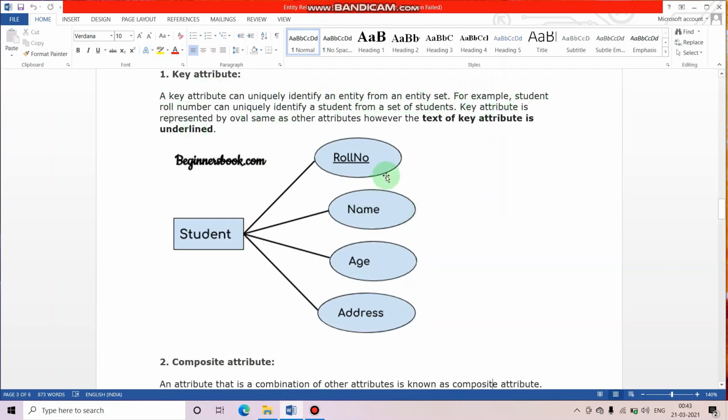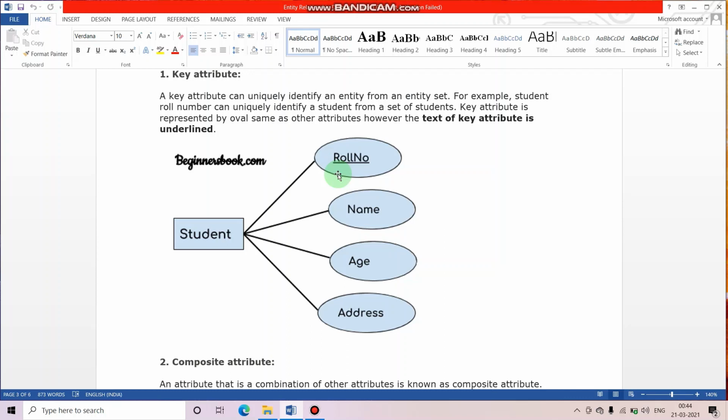For example, now see, roll number. Now for example, see, guys, now there are five students. I have already told you in the above example we have five students: student 1, 2, 3, 4, 5. Now the student 1 name is Nia, student 5 name is also Nia, student 1 age is also 15, student 5 age is also 15. Both addresses are also Mumbai and Mumbai. For example, if there are minor changes, then how will this record be uniquely identified?